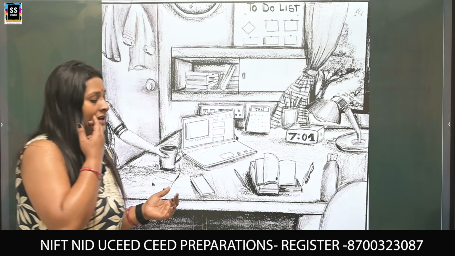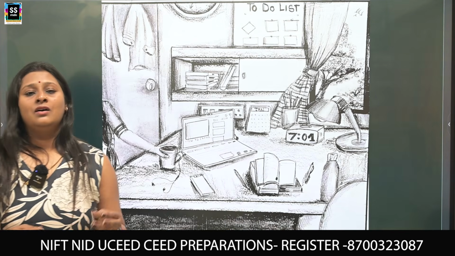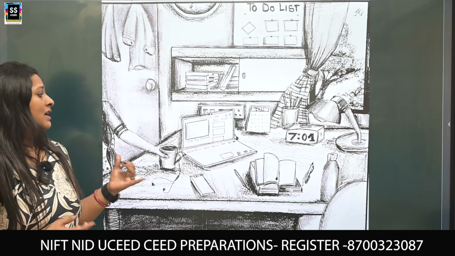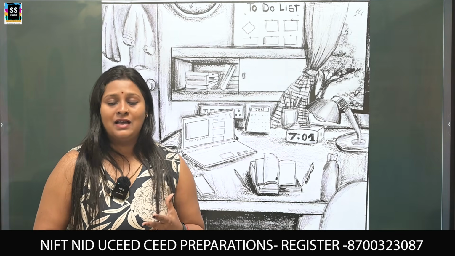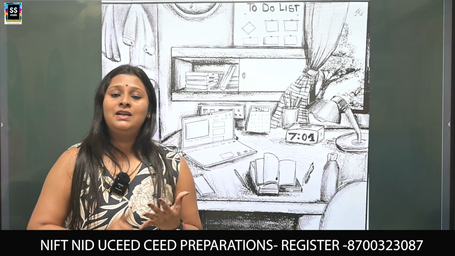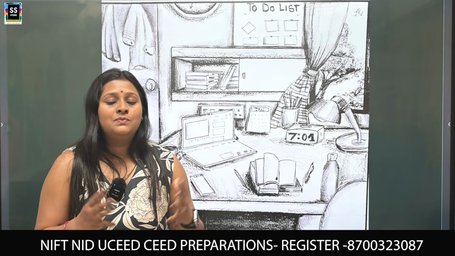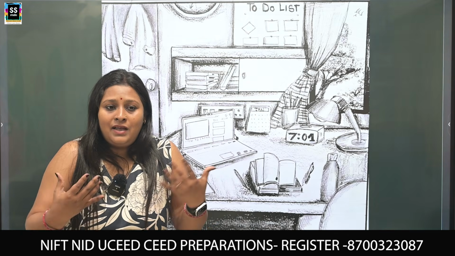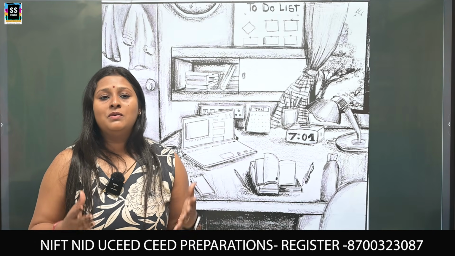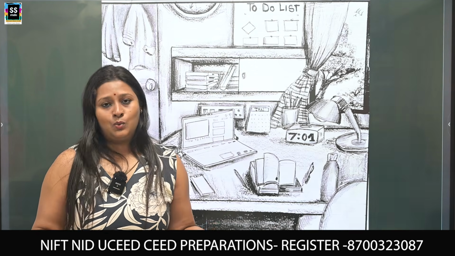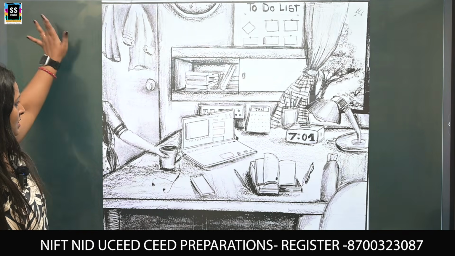So when I say the question is of 40 marks and you end up getting only 10 or 12 marks, the major element or the criteria is missing, and that is storytelling. So storytelling carries a lot of marks. If your artwork speaks about it by itself, obviously you're going to get marks, because you are not going to be present there speaking about your artwork. So that's how you can attempt these types of questions.